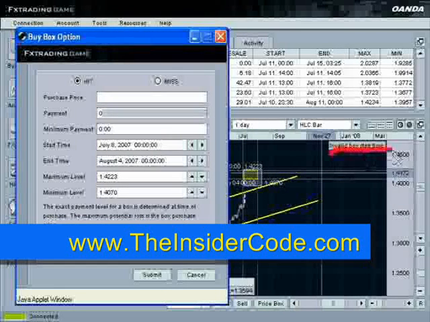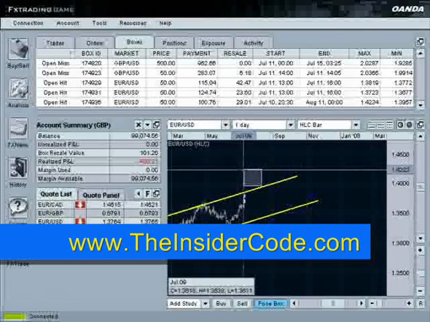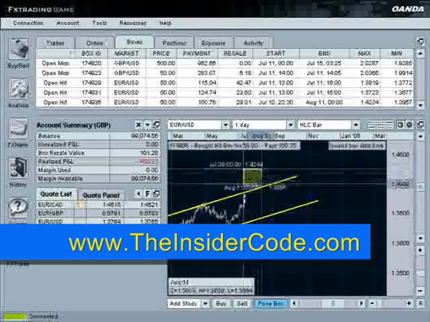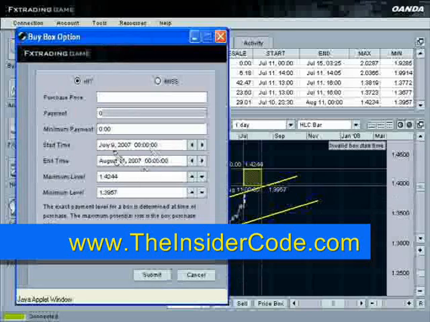And you can see here it's giving me the error, invalid box, start time is too near. Okay, so we'll just go ahead and cancel this out, start again. And we'll put the start here, and we'll go to there. And you can see the reason why it's giving me invalid start time, July 9th. Let's just go ahead and move this out. Okay, so July 10th.